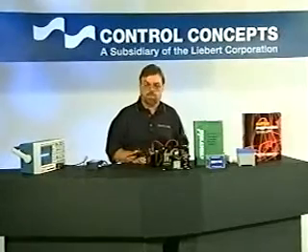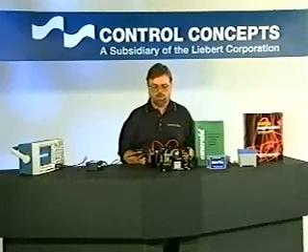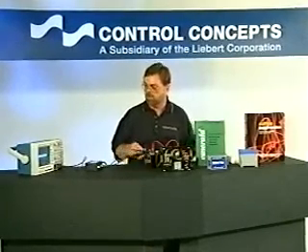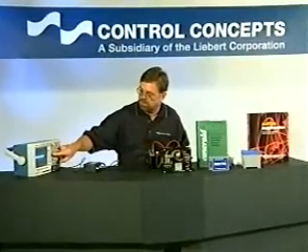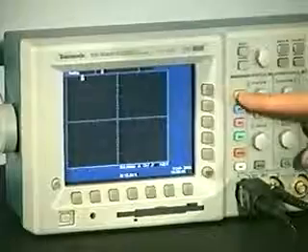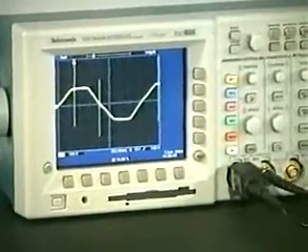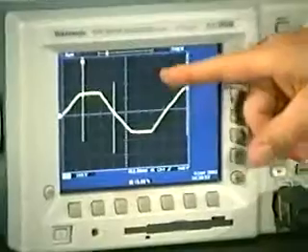Next, we have the Isotrol Spike Transient Generator, model TS4, that will actually impose a couple 600 volt peak-to-peak spikes on the sine wave. Here on the oscilloscope, you can see the spikes imposed not only at the peak of the sine wave, but also at the zero